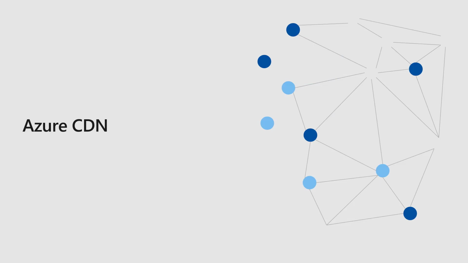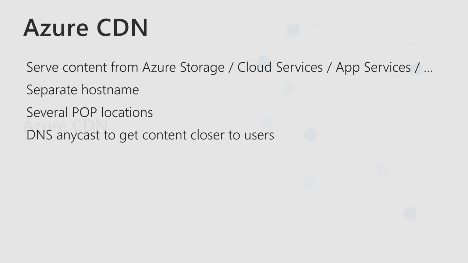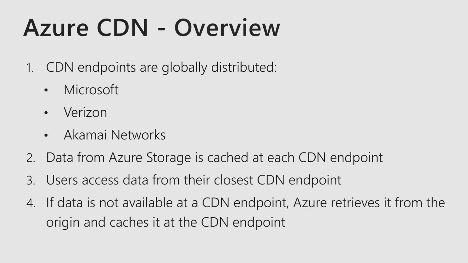Azure CDN. So Azure CDN will allow me to serve content from an Azure storage account or a cloud service or app service, etc., and have a separated host name. And I can have static data and static files, like, for example, CSS files, files like JavaScript, but also pictures and videos being served through a content delivery network. The DNS anycast will basically get the content closer to users, because what happens is that we have